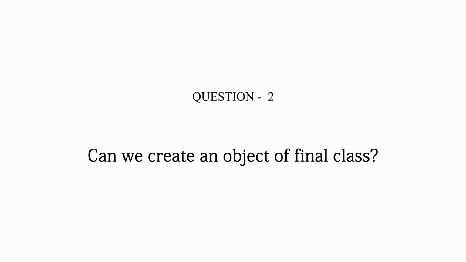So can we create an object of a final class? Whenever the final keyword is used with any item in Java, the item cannot be modified anymore. This involves final classes, variables, methods, everything. A final class cannot be extended by any other class and cannot be modified. A final variable cannot be reassigned another value, and a final method cannot be overridden. So yes, we can of course create the object of a final class, but we cannot modify it anymore. That is what a final class is.